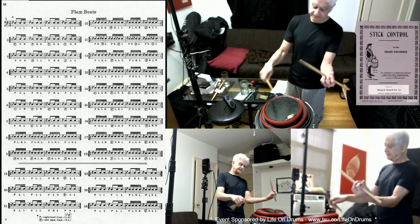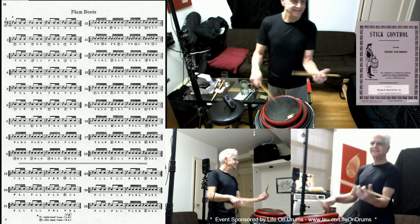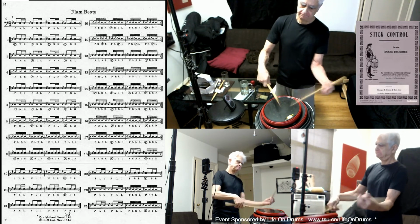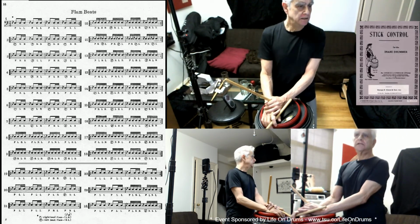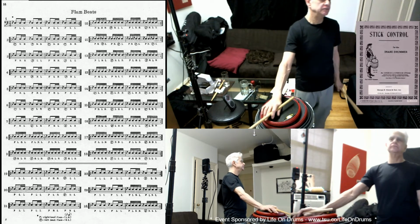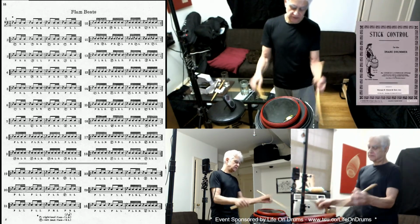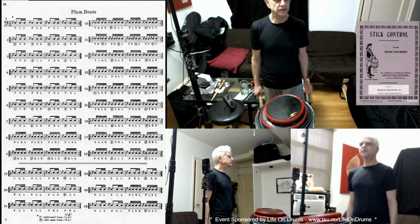And it should look like this. That's the sticking, right? Okay. And then after the Flam tap, we get to 13. Now 13. So he did it this way, this single stroke right hand, and then he's giving it to you this way. So this is like